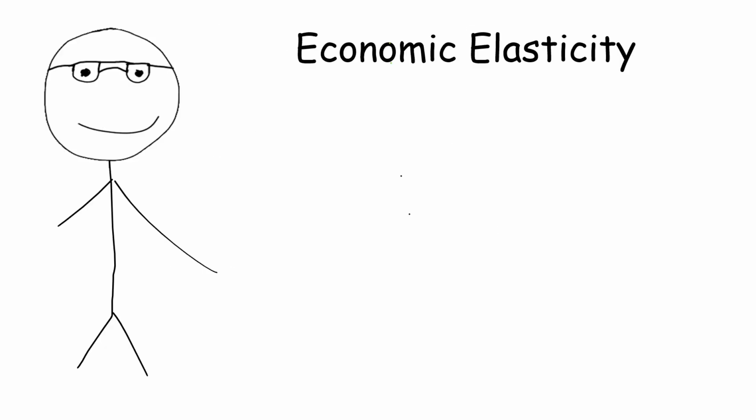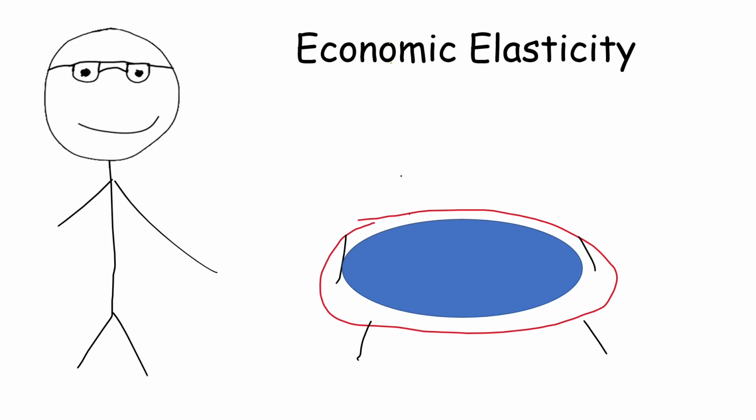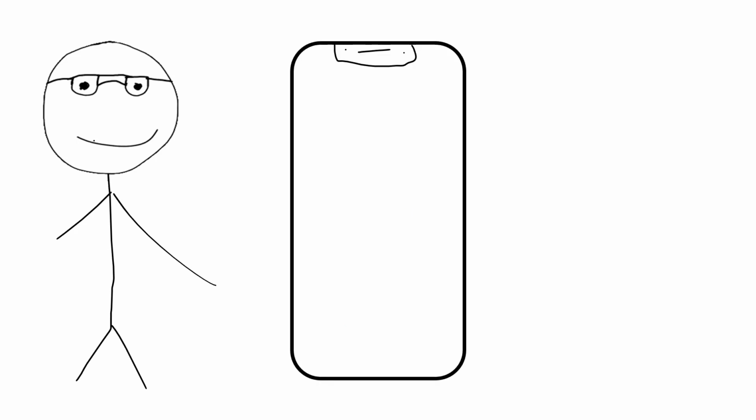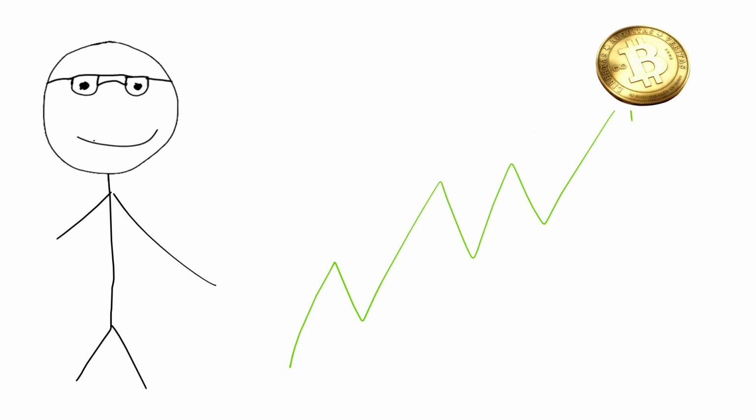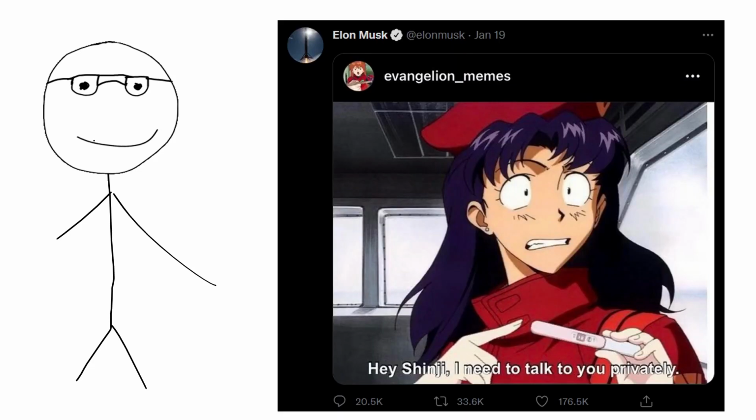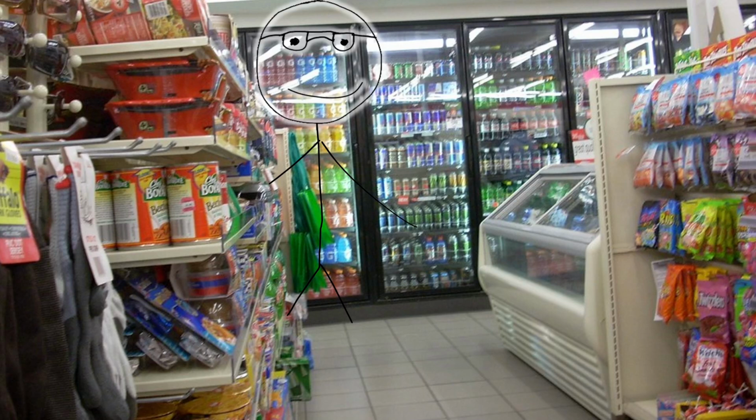Economic elasticity is something most of you have probably experienced firsthand. For example, you must have seen those iPhones being charged at quite an exorbitant price, yet you still see people chasing to buy them, like crypto bros rushing to buy Bitcoin the moment Elon Musk tweets an Evangelion meme. Like that one time you went into a 7-Eleven just to see those ancient-looking Fiji water bottles still sitting in the freezer waiting for no one to buy because you can use the same cash to buy 13 other water